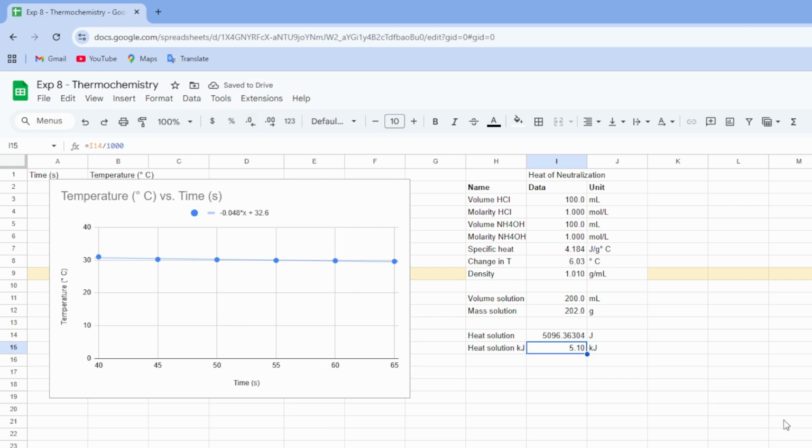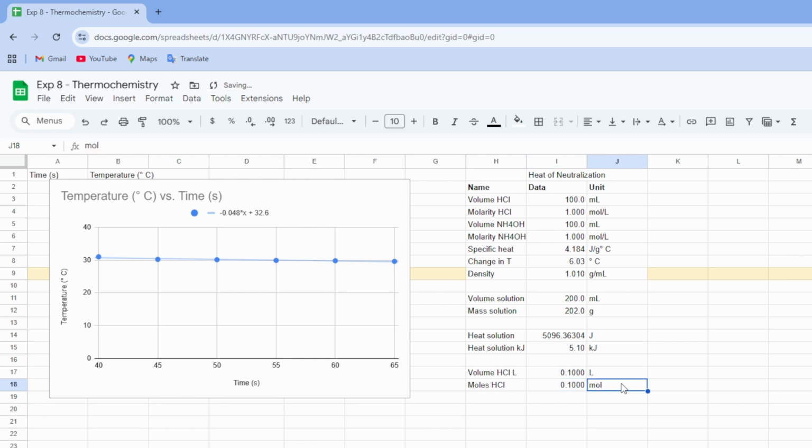Lastly, to find our molar enthalpy, we need to know how many moles of reactant we used. Well, we have the molarity of both our starting reagents. If we pick one, say hydrochloric acid, we can then find moles using the formula for molarity, which is moles over liters. We have 100.0 milliliters of hydrochloric acid, which is equal to 0.1000 liters of hydrochloric acid. 1.000 moles over liters times 0.1000 liters equals